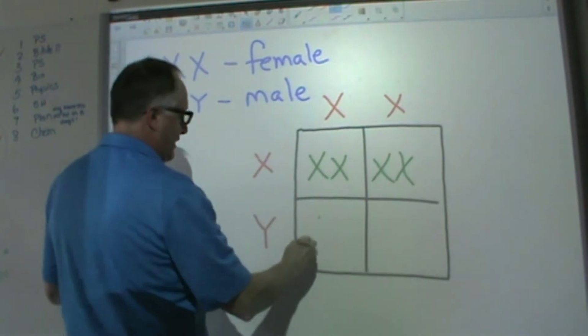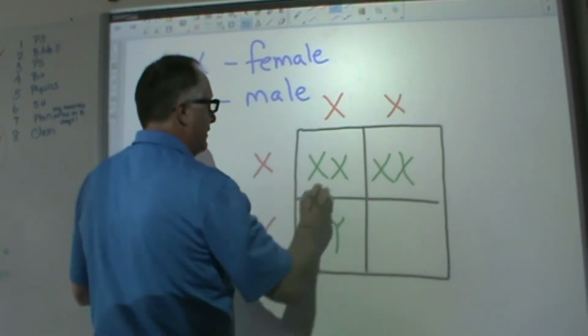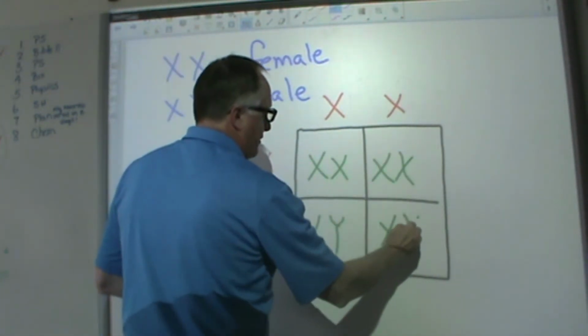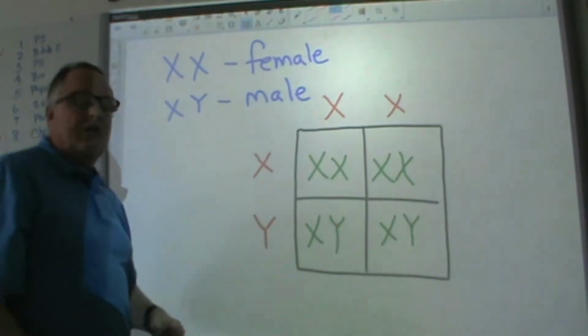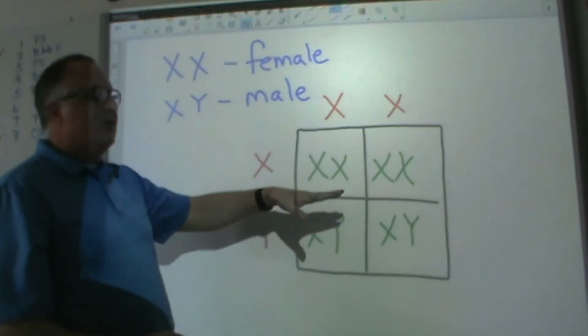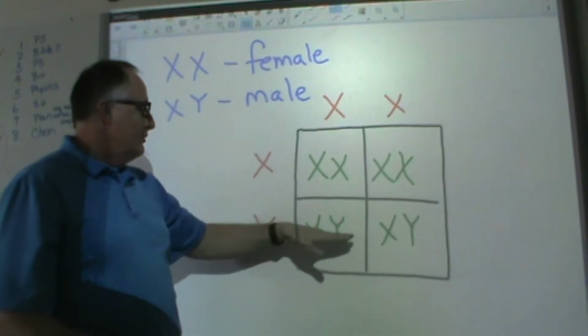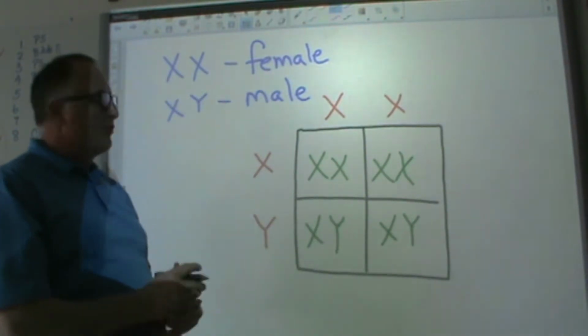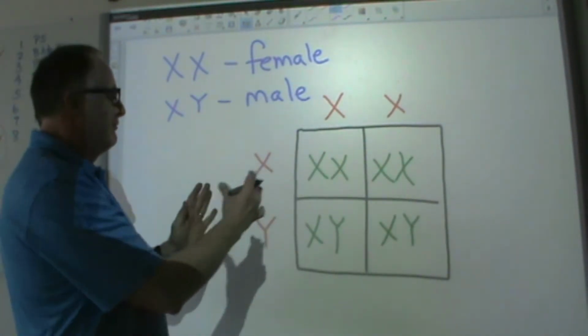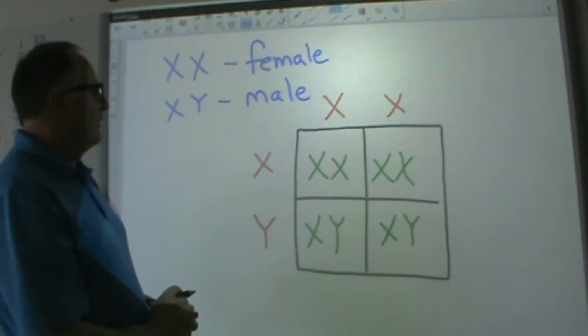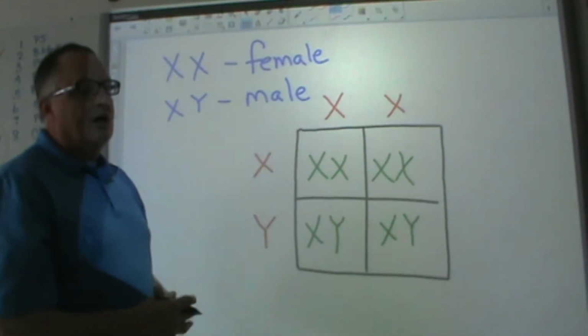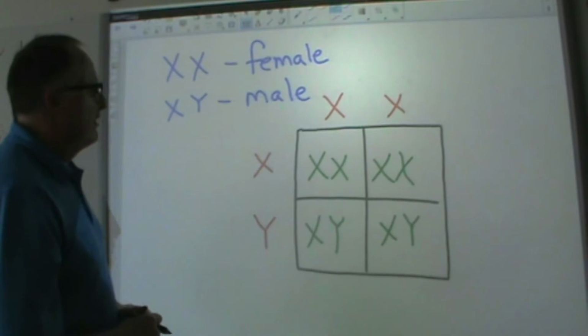And then here we get XY and XY. So you see the chances are 50-50 for either a daughter or a son. That's just the normal math, how it works with the Punnett squares with the 2 sex chromosomes that are the